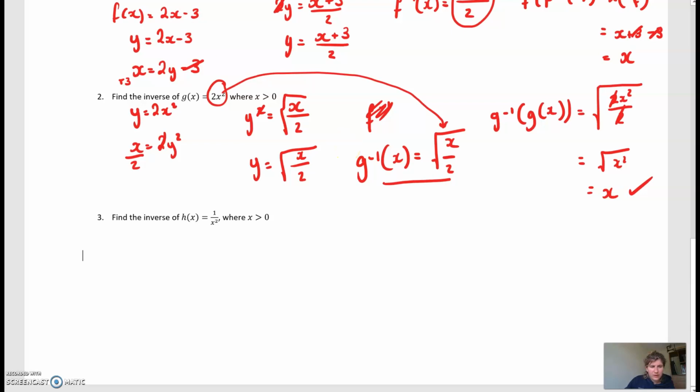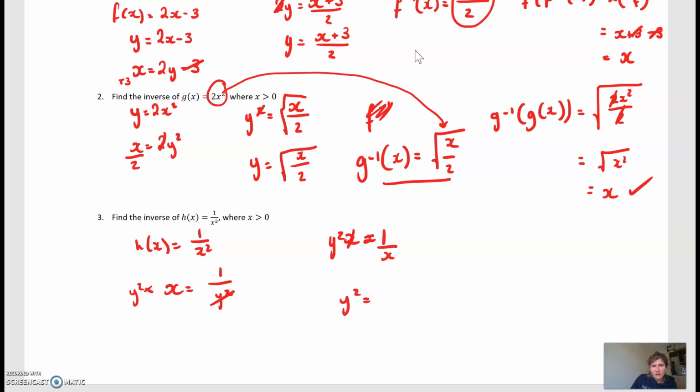Okay, last one, and then we're going to stop, especially because this video is going to cut out. So we've got h of x equals 1 over x squared, again where x is greater than 0. So we're restricting that domain so that we can find the inverse. All right, we have flipped around x and y. So we've got x equals 1 over y squared. We're going to multiply by y squared, get that out from under the fraction. So y squared times x equals 1. We're going to divide through by x to get that by itself. So y squared equals 1 over x, and therefore